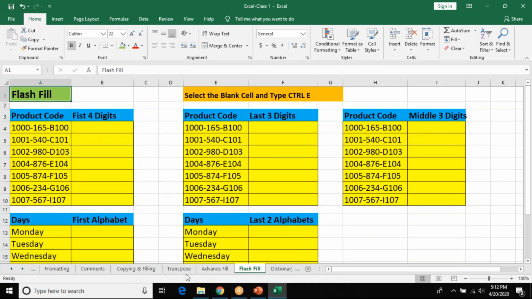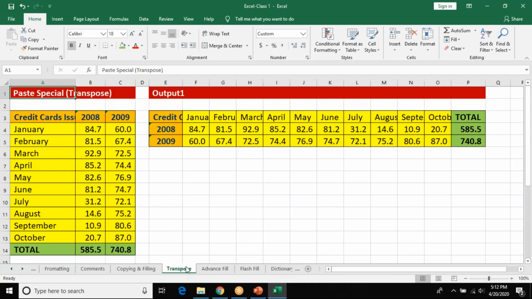Okay. We got some 2-3 more things. What is this transpose? Now, please tell me, do you know how to do transpose? In your chat message, do you know how to do transpose? There are 53 people. Only some 10-12 people are responding. I don't know about others. I want everyone to respond. I'll explain what is transpose.